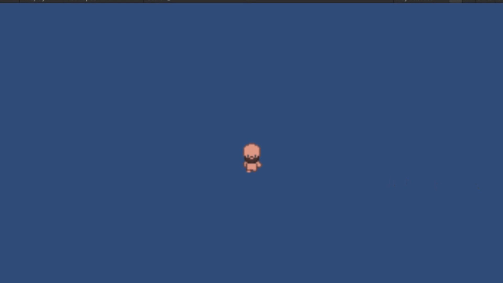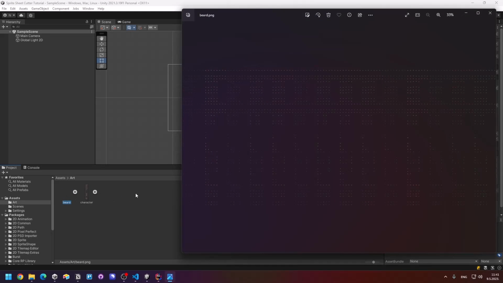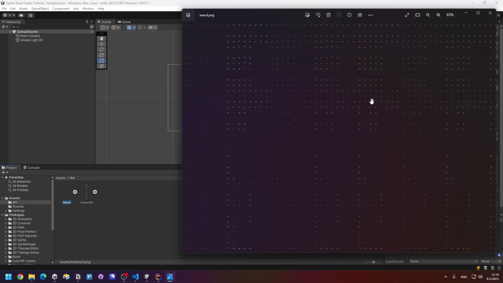In this tutorial you're going to create an editor window in which you'll be able to extract animations automatically from all the sprite sheets that you provide. We're going to extract animations for a 2D pixel art character and we'll make him look handsome with some good looking beard. As you can see in the art folder that I have here, I have 14 different variations of